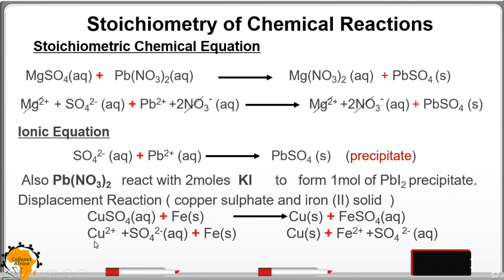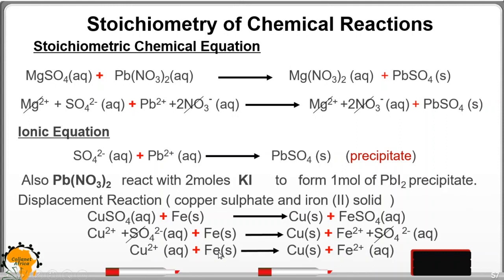So the spectator ions, which are the ions appearing on both sides, we have copper, no, sulfate and sulfate are appearing on either side, so they did not take part or they did not undergo change. So you cancel the sulfates. So the ionic equation will be copper ions aqueous plus iron solid to form copper solid and